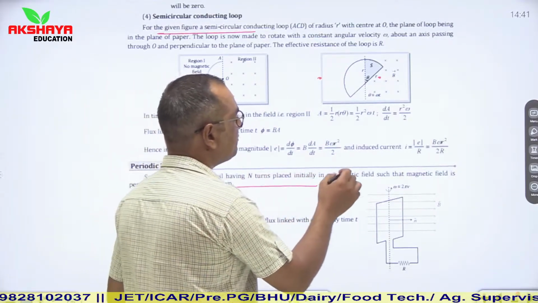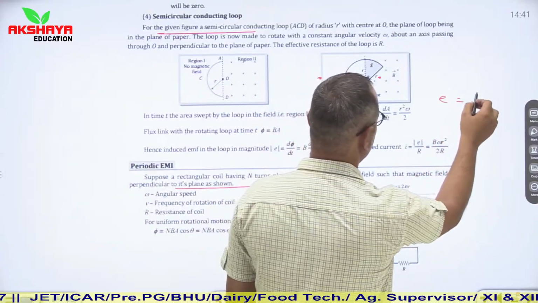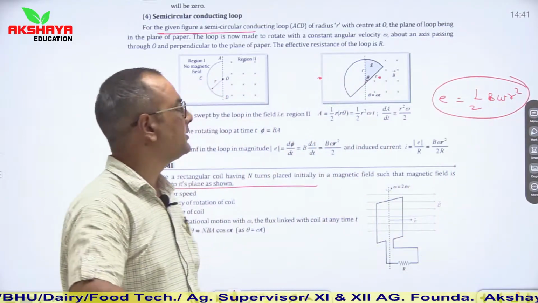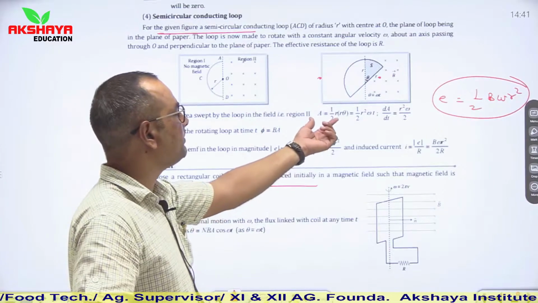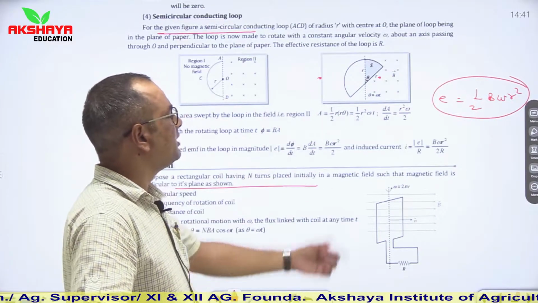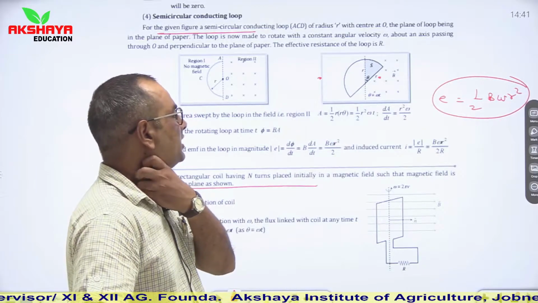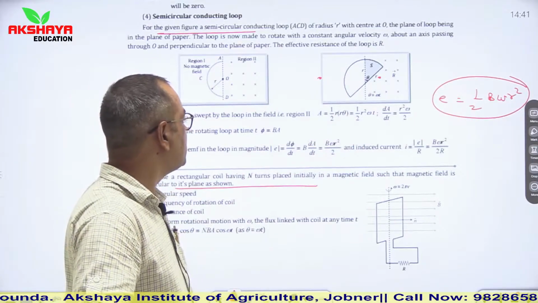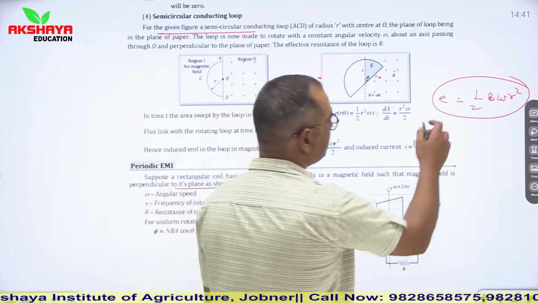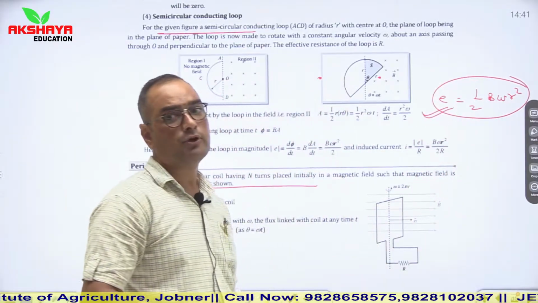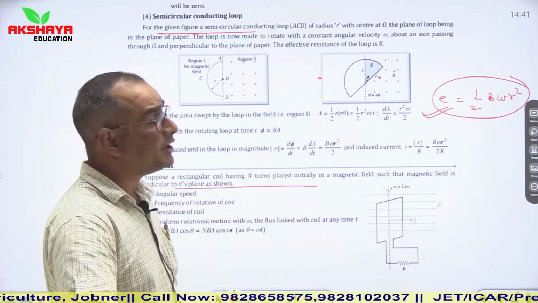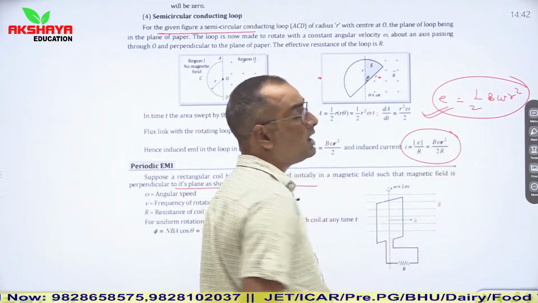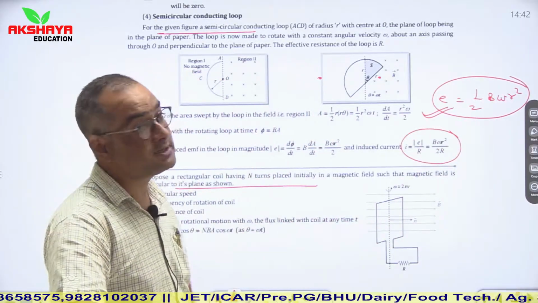Then the induced EMF is E is equal to half B omega r square. So it can be calculated. Let us say that it is sweeping area half r into small r theta, which is half r square omega t. If we talk about the rate of change of area, then it is omega r square upon 2. So E is equal to d phi upon dt, and we can directly say that this induced EMF is half B omega small r square. If we talk about induced current in this semicircular loop, then induced current will be B omega r square upon 2R, where capital R is the resistance of this loop.